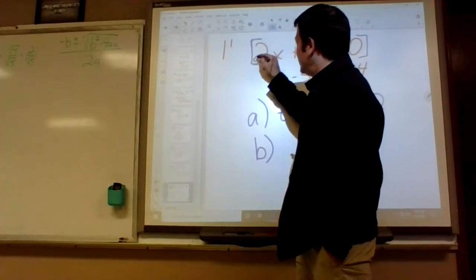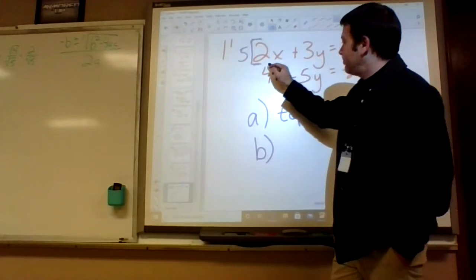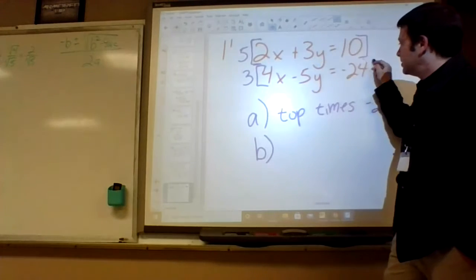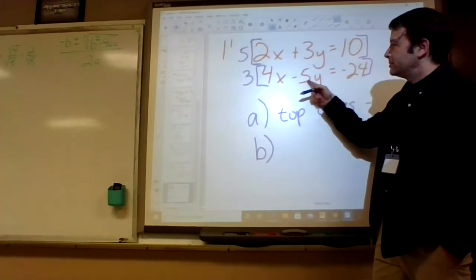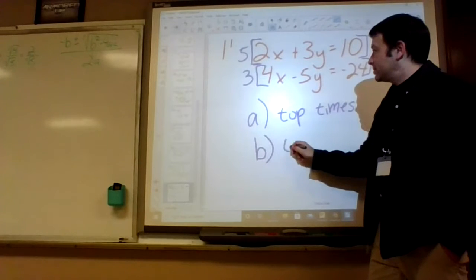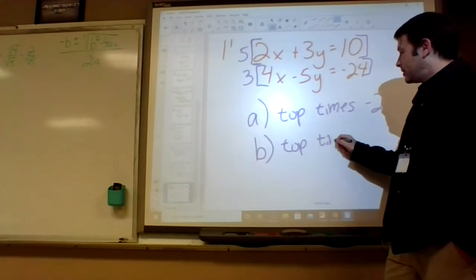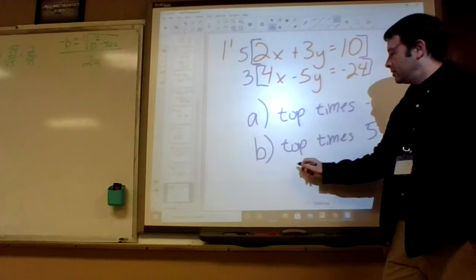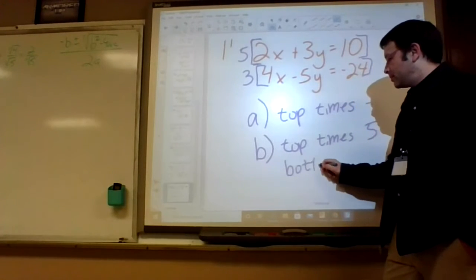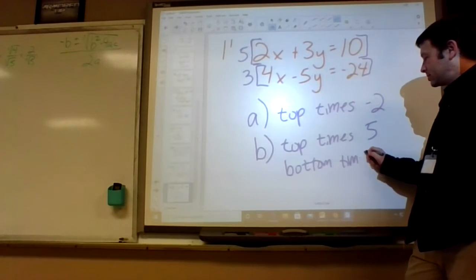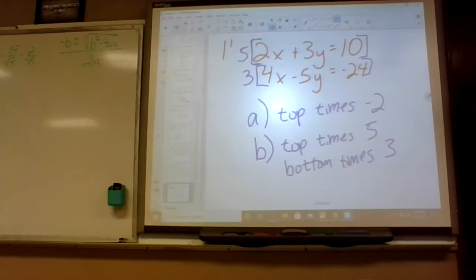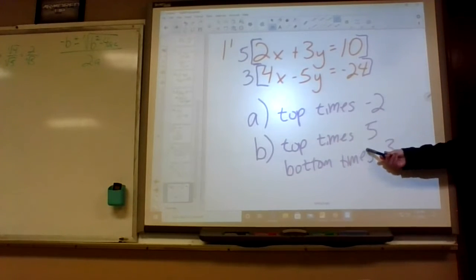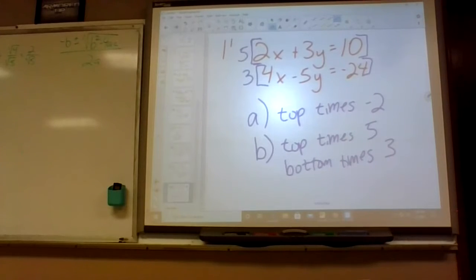So the top line needs times 5 to turn that into 15. The bottom line needs times 3 to turn that into a negative 15. So the answer is top times 5, bottom times 3. And that's about as hard as it gets. The B answer. It's about as hard as these problems get. We haven't actually solved it yet, so we didn't actually do it, but